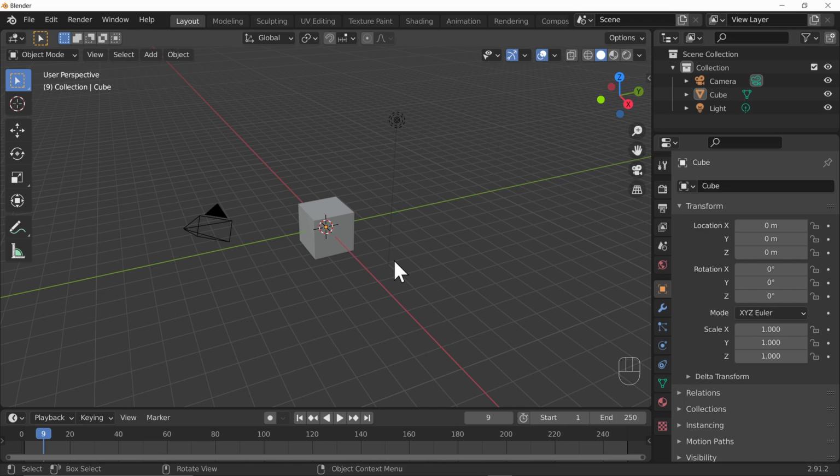talking about transforms, let's have a look at the three objects we have in our scene in front of us here. We've got a camera, we've got a cube, and we've got a lamp. Now these are all different types of objects, and if we have a look in the outliner we can see they've got different symbols representing what they are. Now that's important because sometimes doing a transform on some objects will change them, and on others it won't make